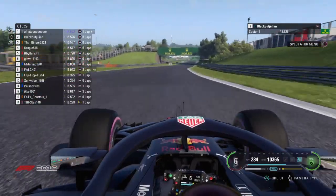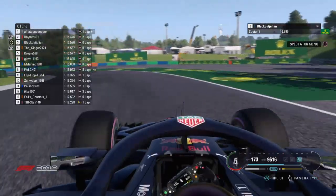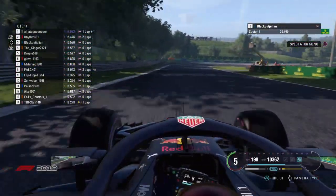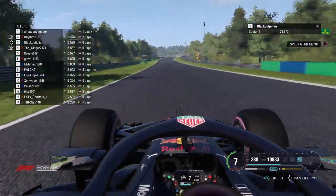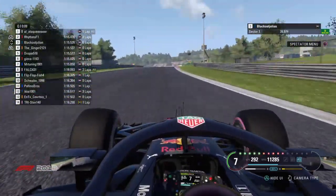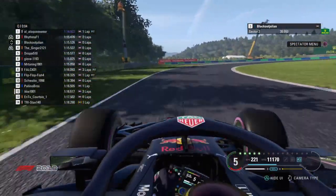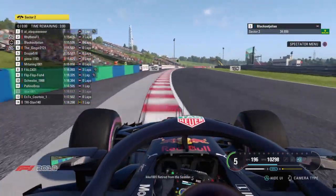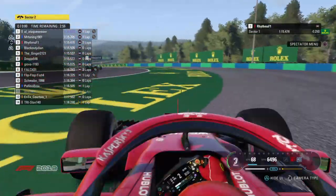Don't know what to make out of that, as it seems like he is going somewhat clean, but I can't really tell with all of this lag going on. A 26.8 sector time, if I remember correctly. That's just about the same as what Rhythms had a lap before. As Rhythms,